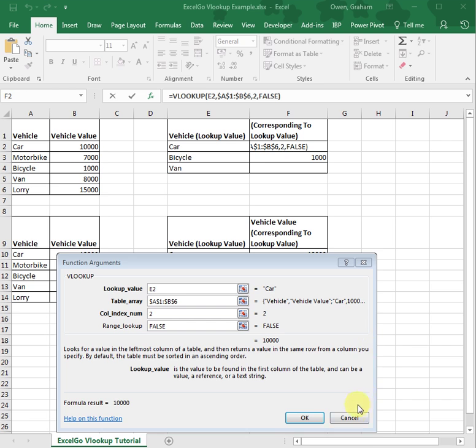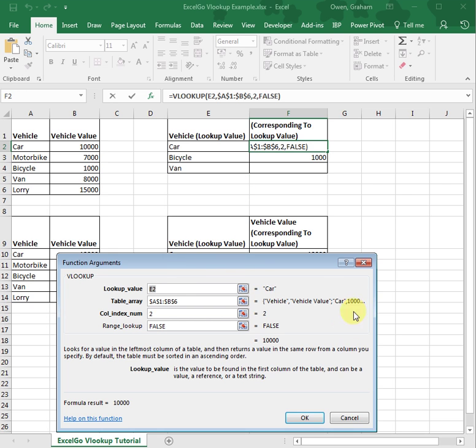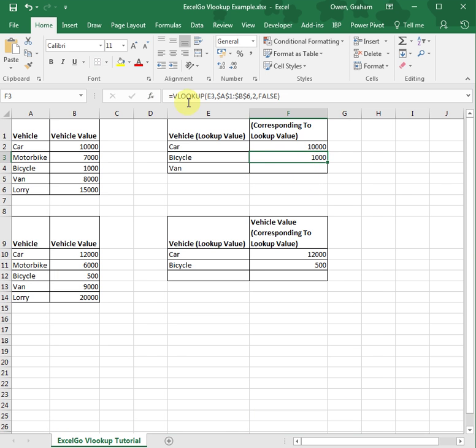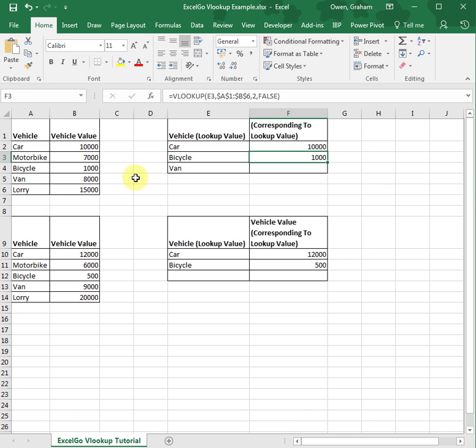Looking into the formula in cell F3, you will see that this time my lookup value is cell E3. Let's show the function arguments. So E3, which is bicycle. Everything else is the same as in the previous formula, so we're looking at the same table array, same column index number, and same range lookup. And you can see that this returns a value of 1000, which corresponds to the value against the bicycle in